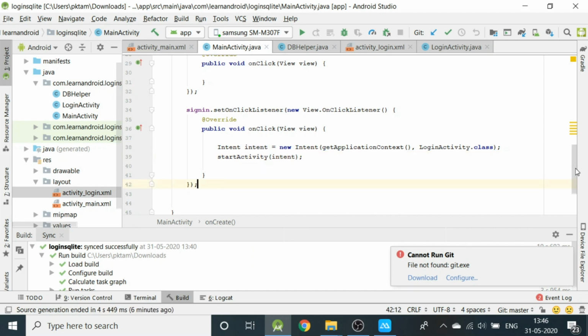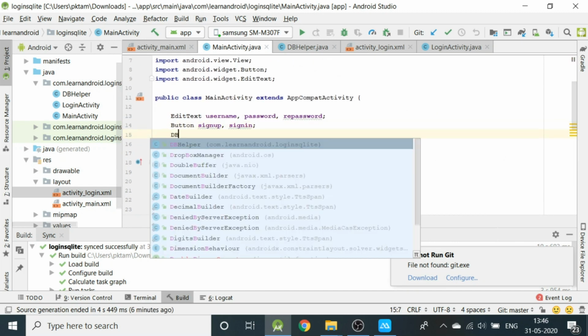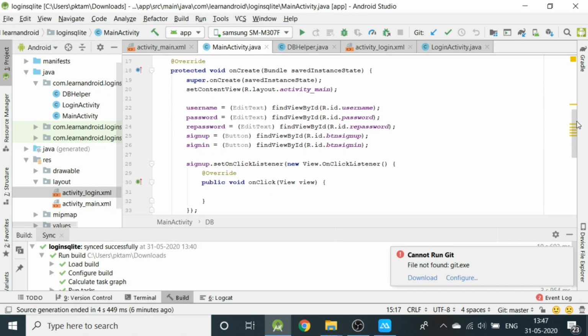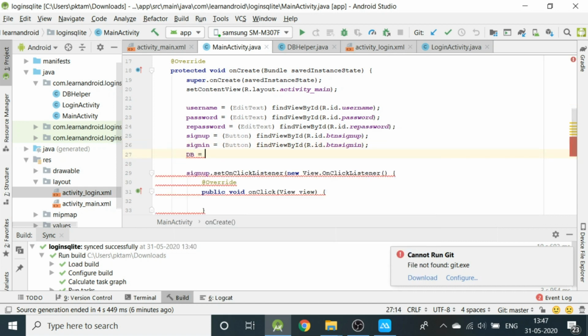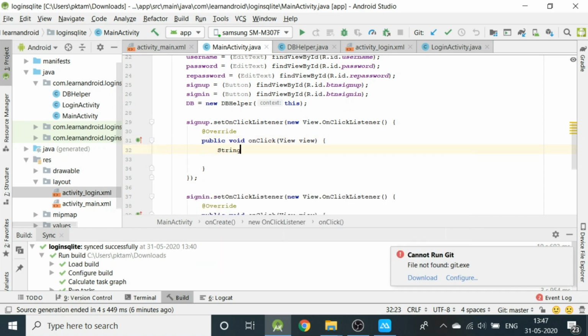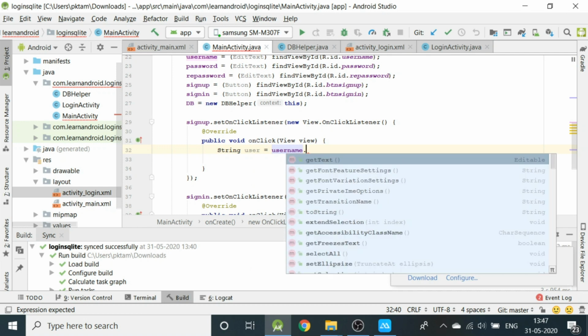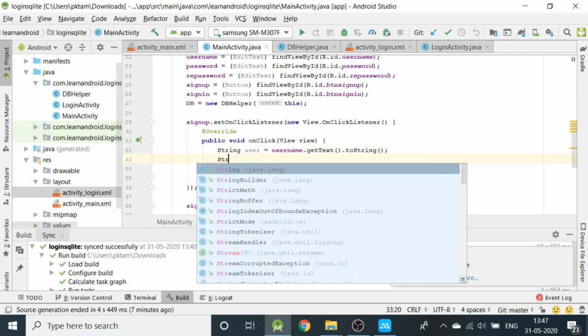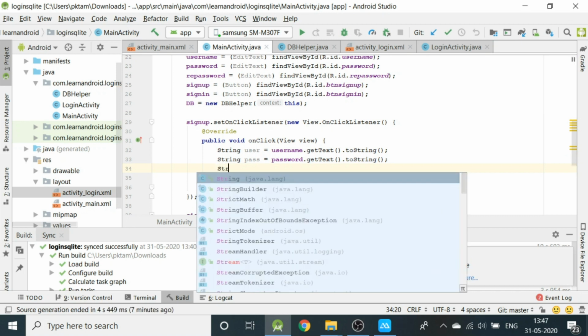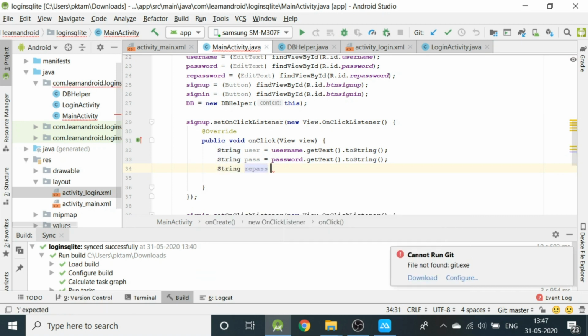Now let us define a variable DBHelper db, and we'll initialize db equals new DBHelper, context this. And now under the on click method, we will create two strings: string user equal to username dot get text dot toString. Basically whatever the user enters in the edit text box will be stored in this string user. Then string pass equal to password dot get text dot toString. Then string repass equal to repassword dot